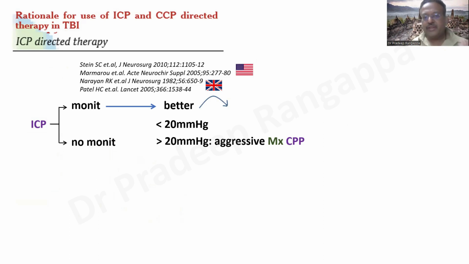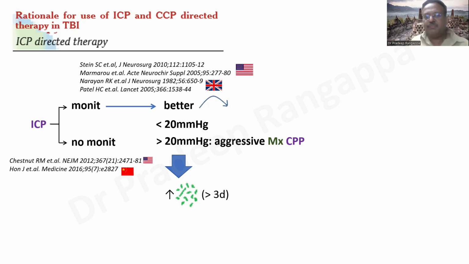More than 20 millimeter indicates that your cerebral perfusion pressure is being compromised, and you have to put in measures to reduce the ICP. And it is shown that, as I said, if ICP remains high longer, more than 3 days, the risk of infection proportionately increases. So these are studies telling ICP monitoring is beneficial, but there are 6 randomized controlled trials, 12 cohort studies, which say